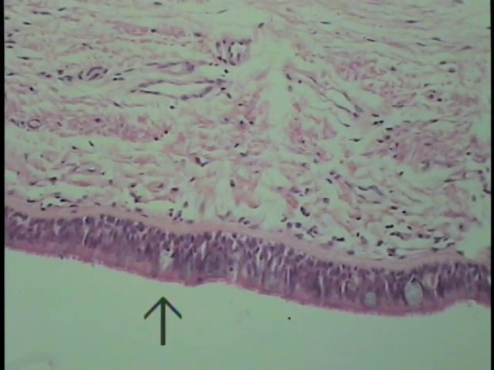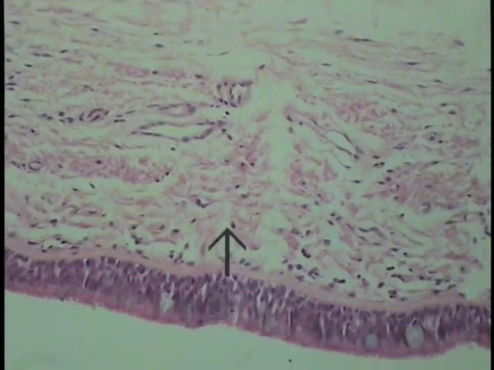There are obviously ciliated cells, goblet cells, some of these small basal cells, as well as other cell types that can't be recognized with this particular preparation. Here, in this particular case, we have a well-developed basement membrane underlying the epithelium, as indicated by the pointer,